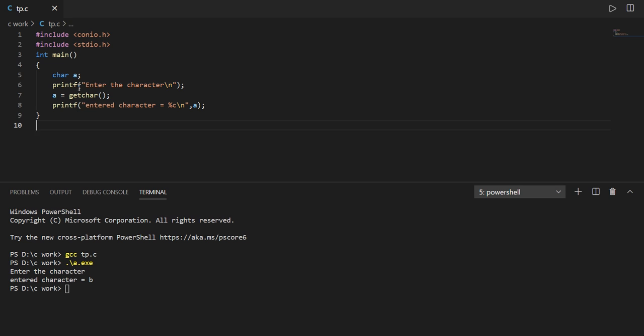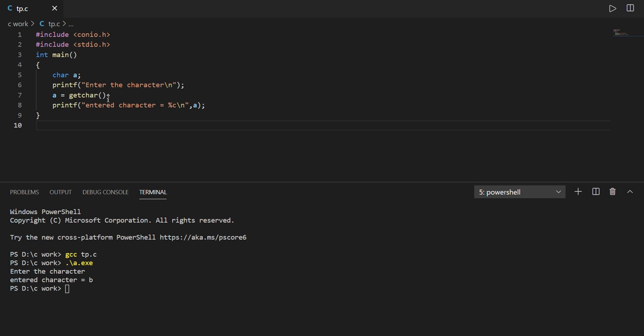Now how will this code get executed? When this code is executed, first this printf will get executed and it will output "enter the character" on the console screen. Then the seventh line, in which the getchar function is present, will get executed, and the execution will be very similar, not exactly similar, but very similar to the getch function.